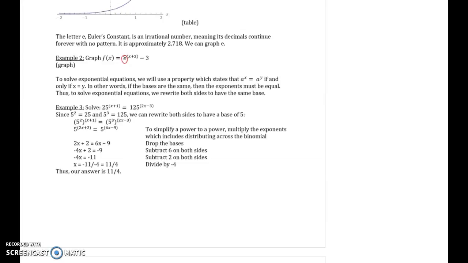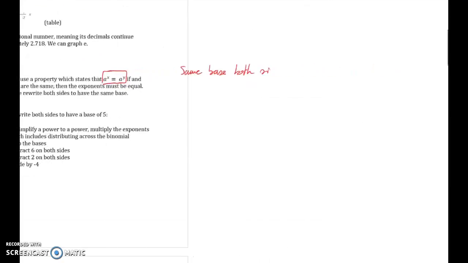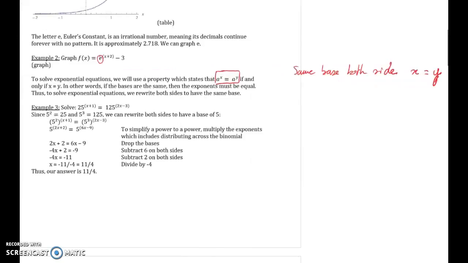Now, if I want to solve an exponential equation, what I'm looking for is to have the same base on both sides of my equation, because when I have the same base, well, I can have x equal y. So, when I look at example number 3,